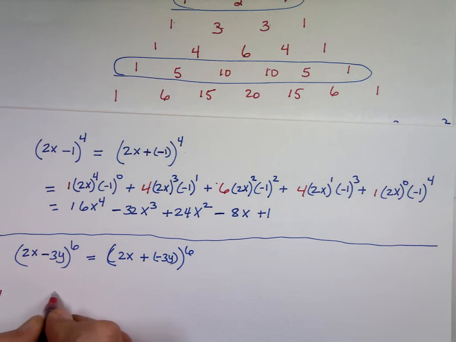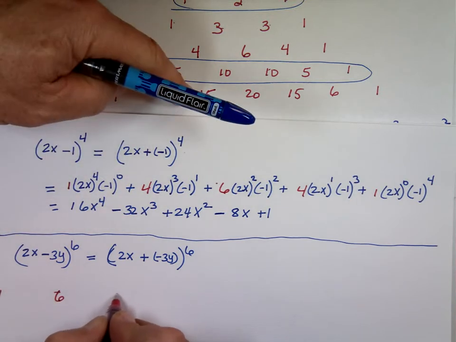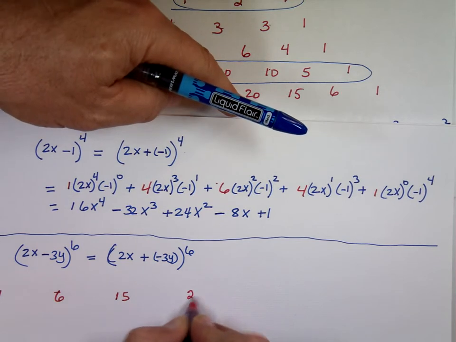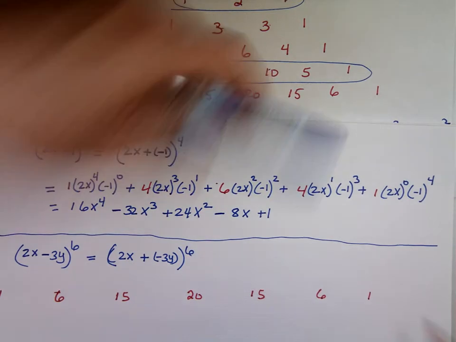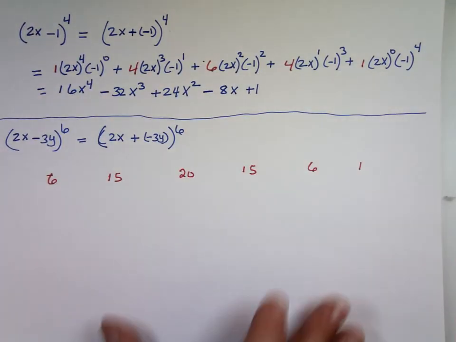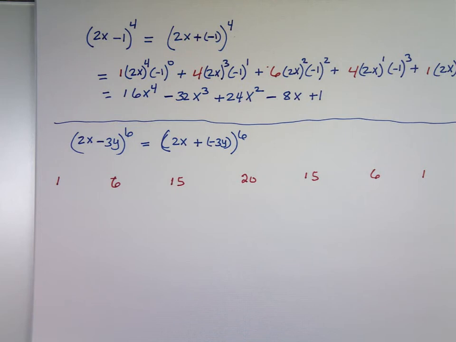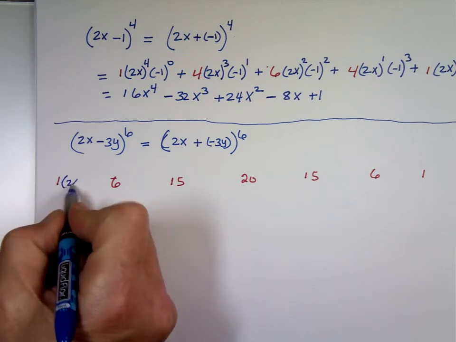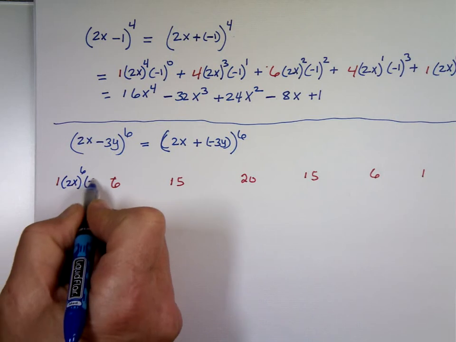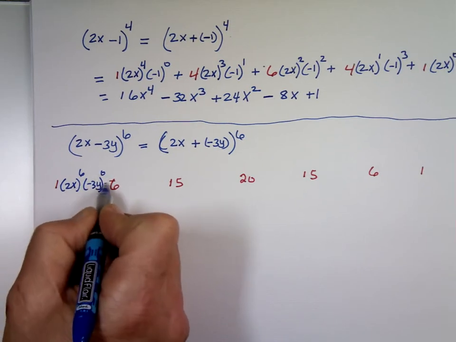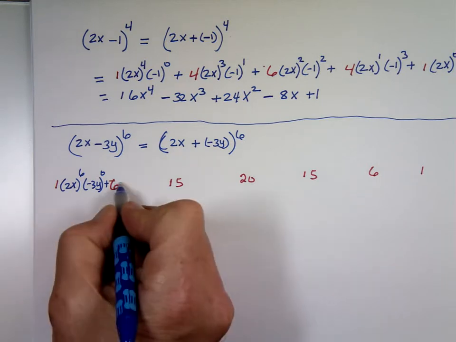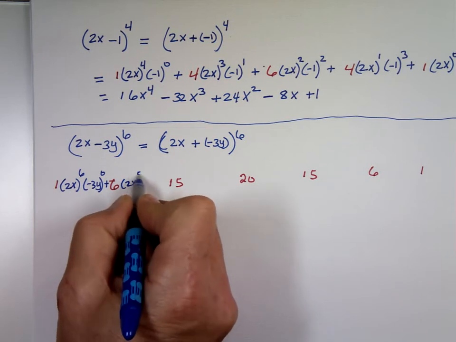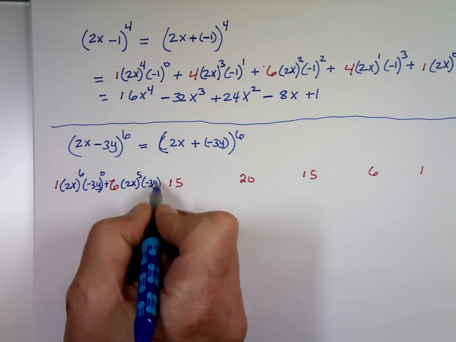1, 6, 15, 20, 15, 6, and 1. This has to be 2x to what power? 6. Negative 3y to what power? 0. There's a plus here. I don't know if you can see the plus. 2x to what power? 5. Negative 3y to what power? 1. Plus